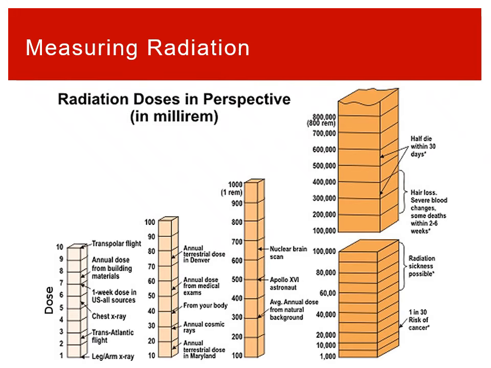All right, so let's look at what sort of doses and radiation. One of the ideas is we want to get some kind of idea as to what doses there are. So this is showing doses in millirem. We'll start with the bad side. Over here, these are hundreds of thousands of millirem or hundreds of rem. And you'll note when we start to get into that range, we get things like death within a month. If you get huge amounts of radiation, you would have an extremely high chance of death.